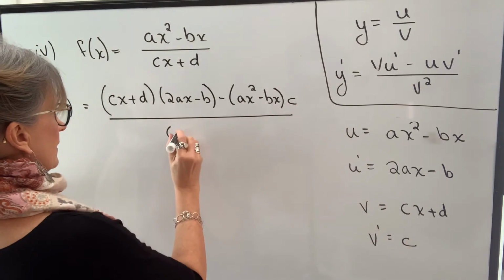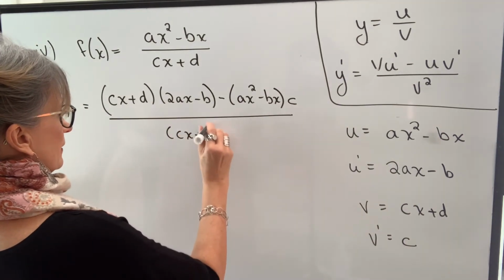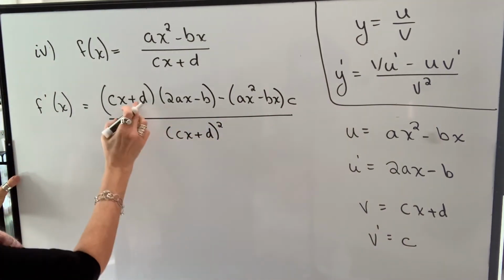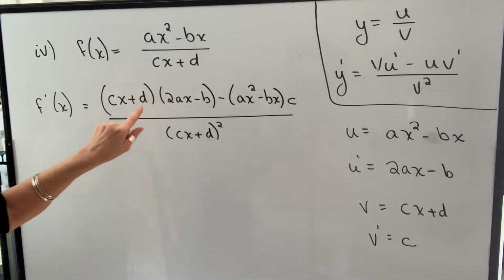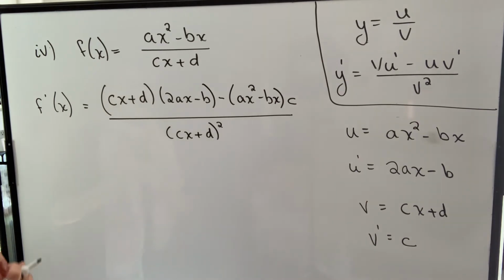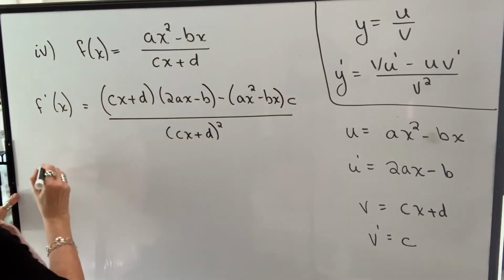So cx plus d squared. Again, I cannot cancel that. That's not a factor of the whole numerator, it's only a factor of a term. What I can do is expand